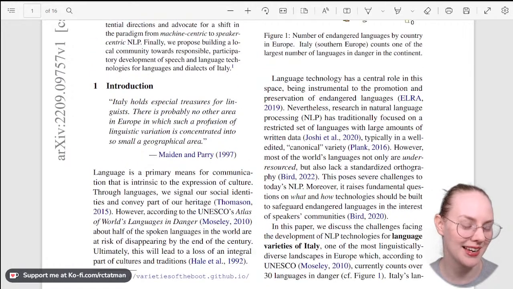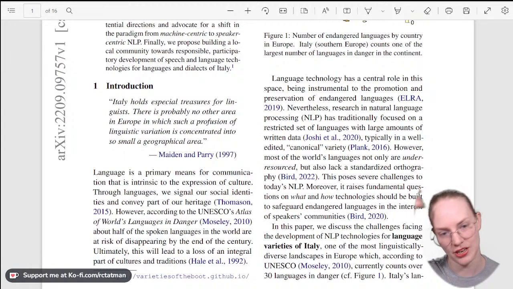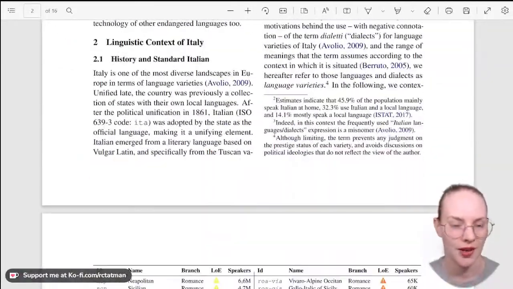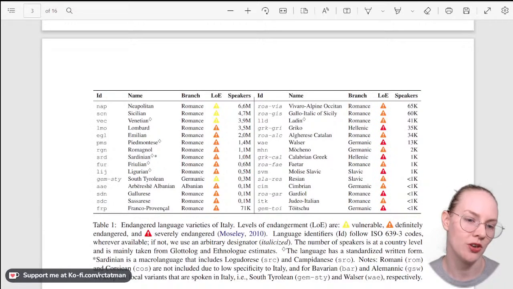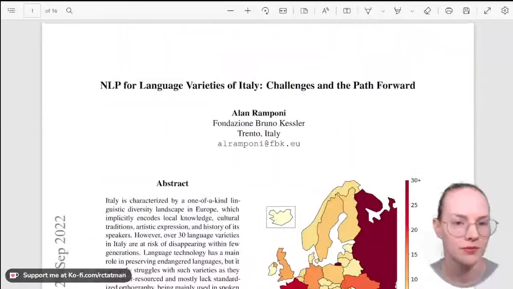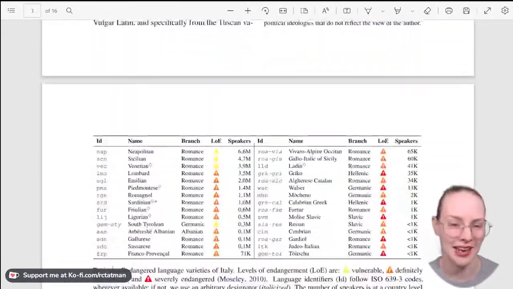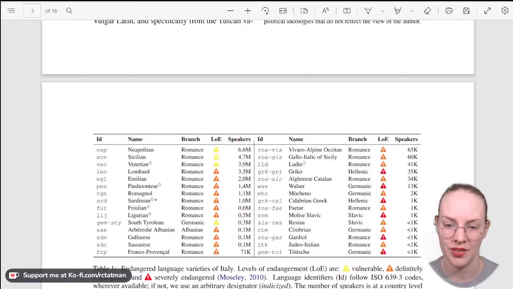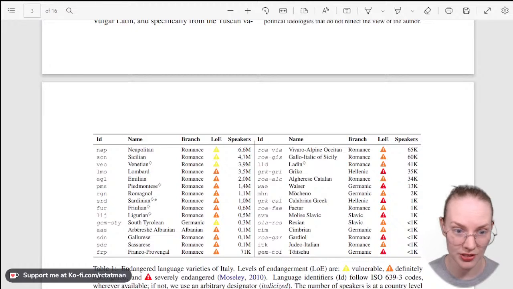A little linguistic paper quote here. Italy holds a special treasure for linguists. There's probably no other area in Europe in which such a profusion of linguistic variation is concentrated into such a small geographical area. So really interesting paper. They talk about, I think just one author, Alan. I'm going to assume he, if that is incorrect, my apologies. They talk about a lot of the different languages, how many speakers they have, right? So like Judeo-Italian has less than 1,000 speakers. I think that's